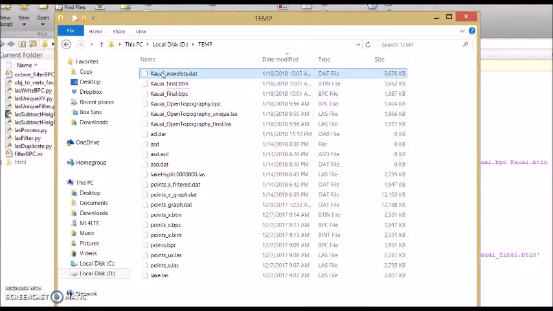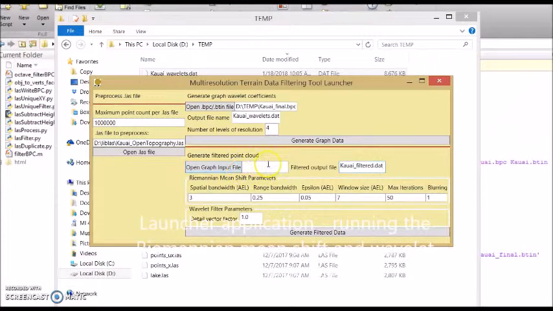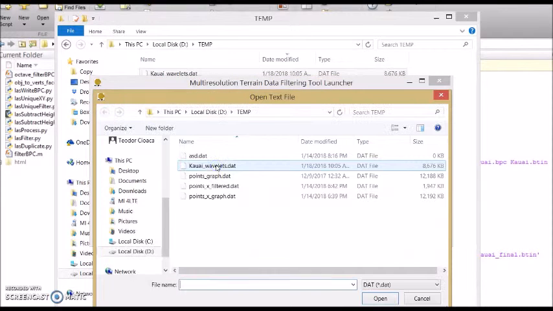You can see that the kawaii wavelets file has been written to your temporary folder path, and it's ready for the next stage, which is the wavelet synthesis and nonlinear mean shift filter. As for the first analysis stage, we will have to specify an output file name for the filtered data, and we can use the output of the analysis stage as input for this stage. We will select the dat file,